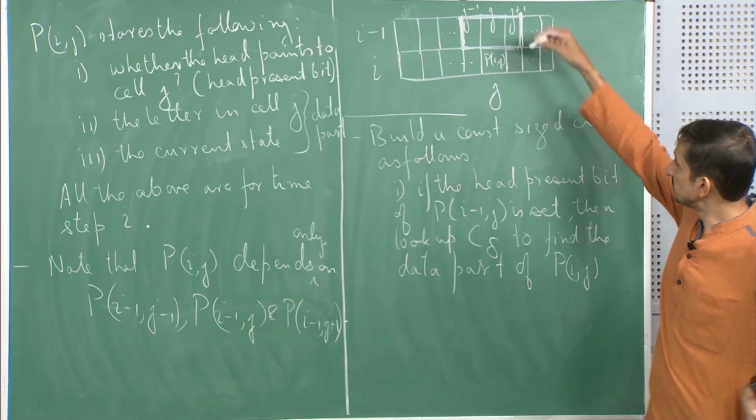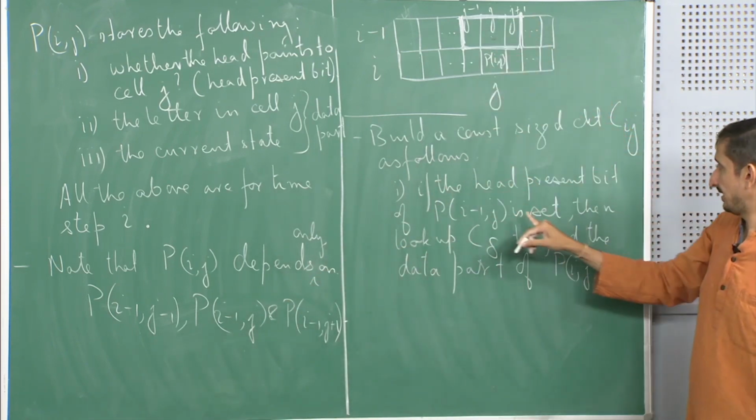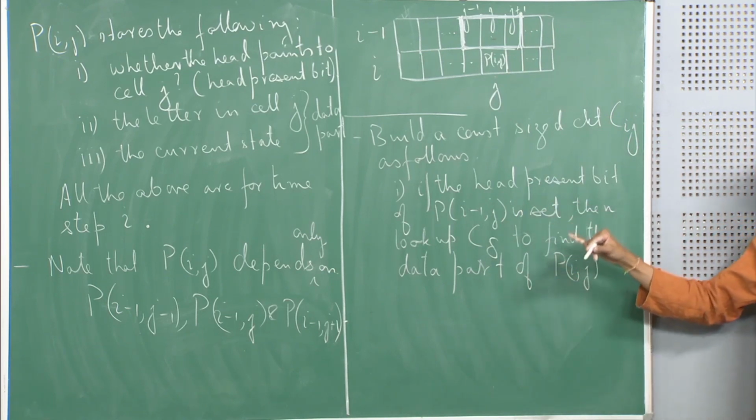Okay. So, suppose for this cell the head present bit was set, okay, that means it was set